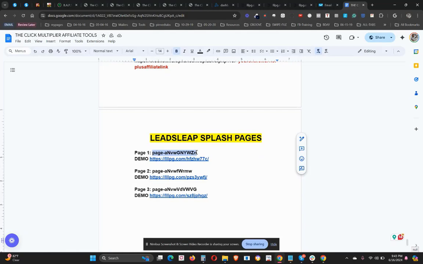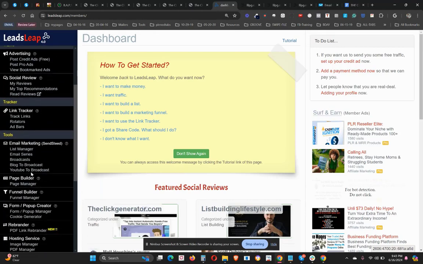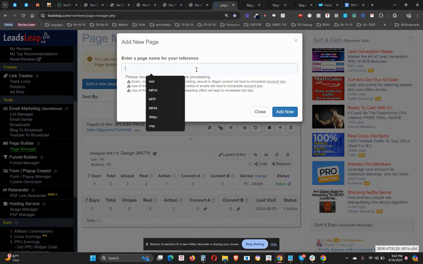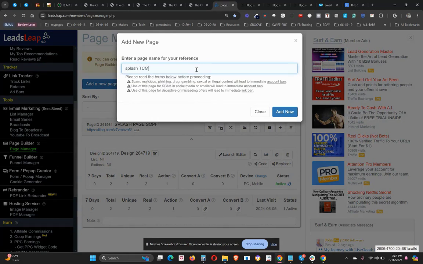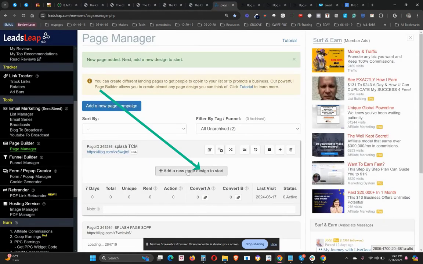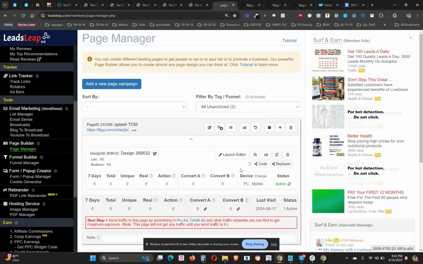free LeadsLeap account, and then you're just going to copy this code, go into LeadsLeap, click on Page Manager, and then we're going to add a new campaign. I'm just going to do one splash page, but it works the same way. So I'm just going to say splash TCM, click add now, add a new page design to start right here, and then we're going to paste that share code, import it, and then if we click on it, you'll see